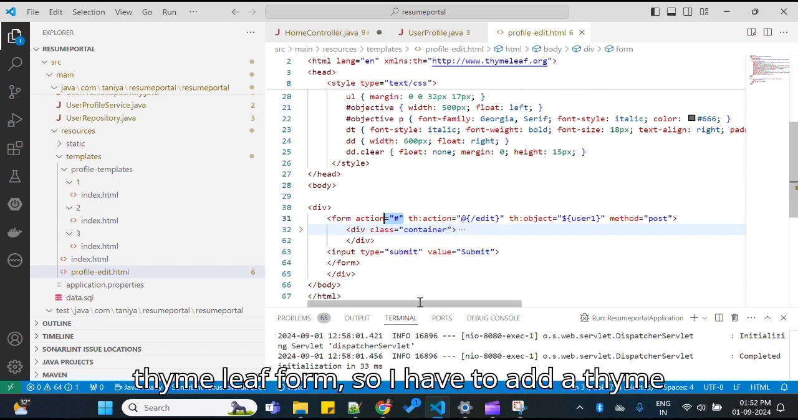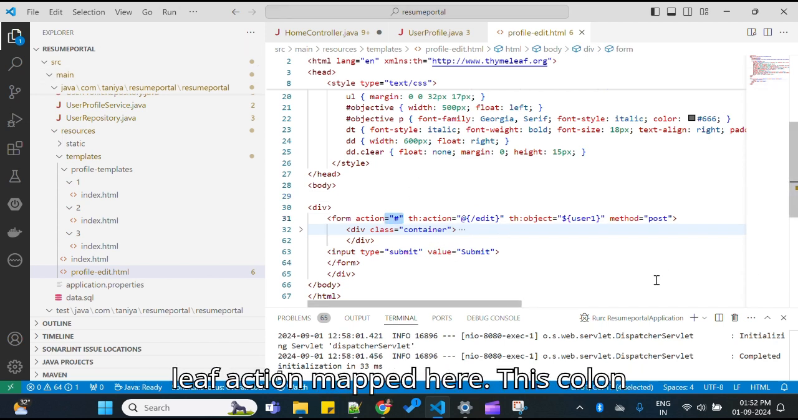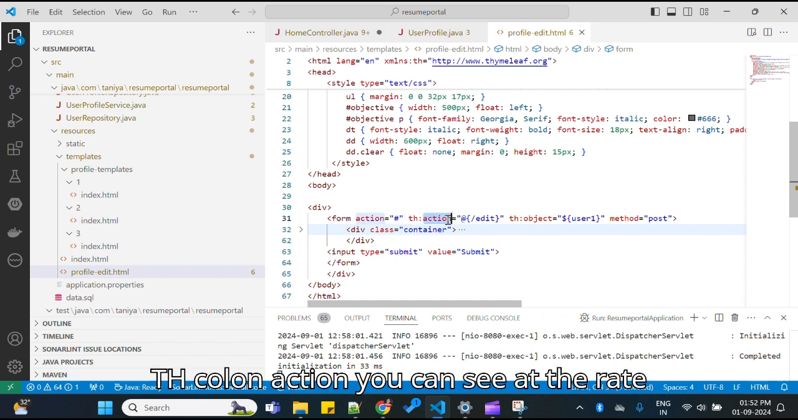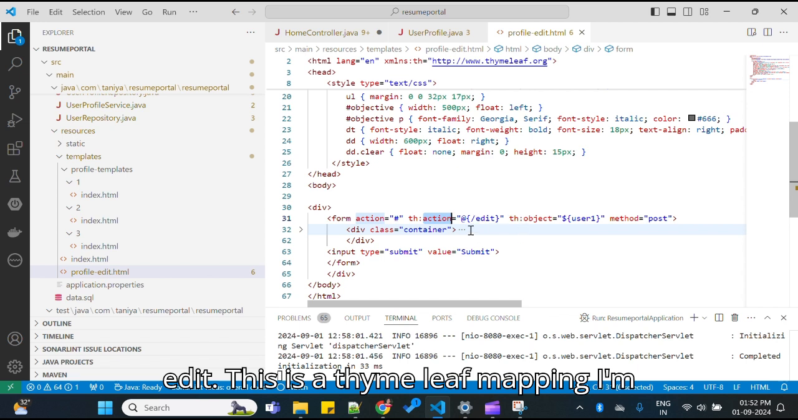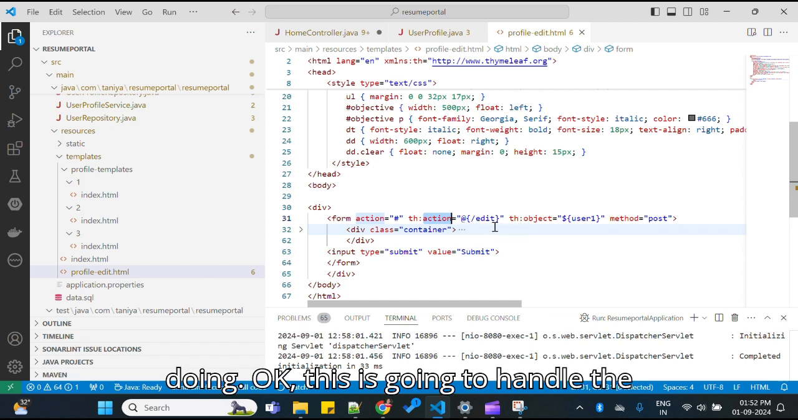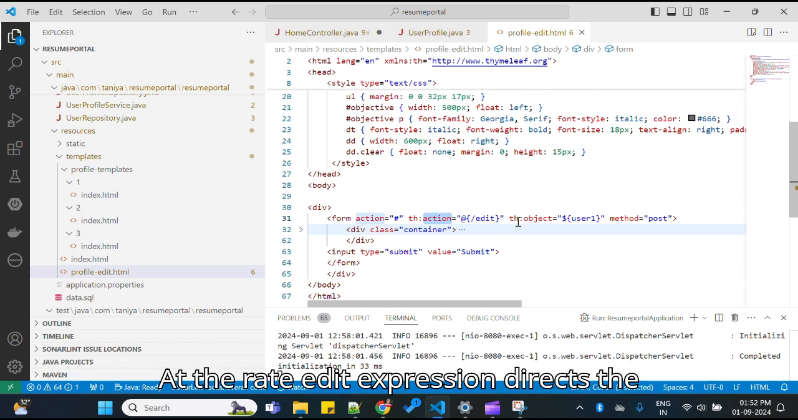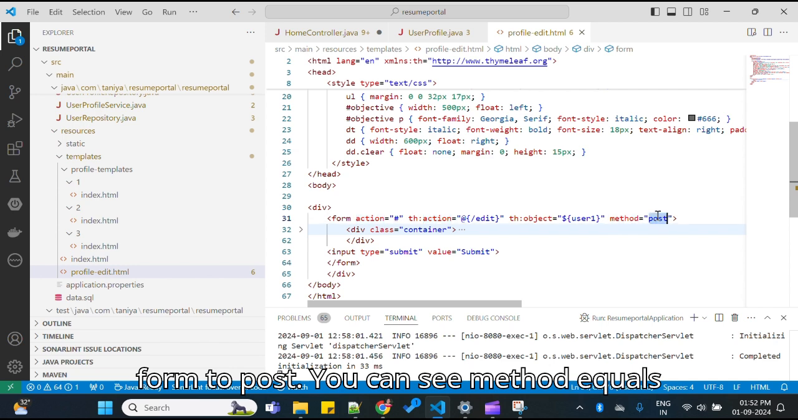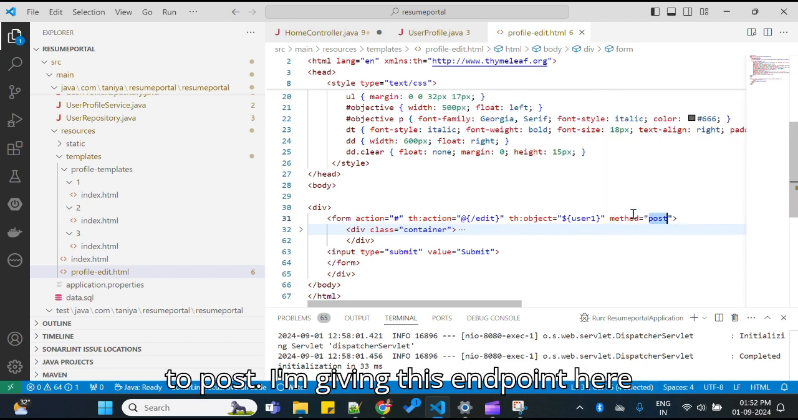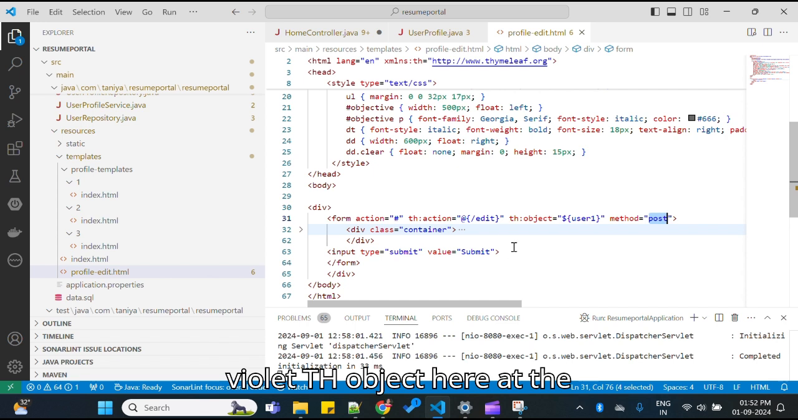This is going to be a Thymeleaf form, so I have to add a Thymeleaf action mapped here. This th:action, you can see @{/edit}. This is a Thymeleaf mapping I'm doing. Okay, this is going to handle the post request. Now the th:action @{/edit} expression directs the form to post. You can see method equals post I'm giving, with this endpoint here, along with th:object here